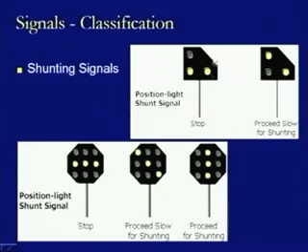And this is another type of shunting signal which is used at some of the locations, and here again the philosophy or the concept remains the same, that is whether we are using the horizontal 2 lights or the lights which indicate an inclined line. If it is indicating the inclined line, then it shows proceed slowly for shunting, but otherwise it shows the stop condition. So, these are all the types of signals which can be categorized on the basis of